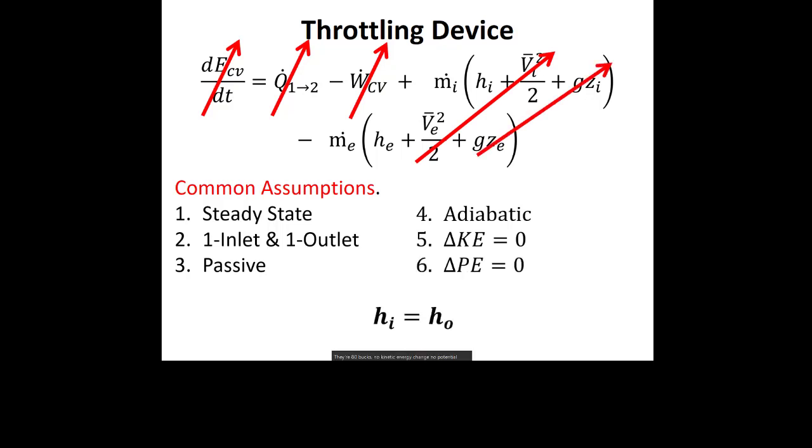And what this means, because there's one inlet and one outlet and the mass flow rates are the same, it means that the inlet enthalpy is equal to the outlet enthalpy, even though the pressures have changed. So that's what happens in these throttling valves or throttling devices. The thing about these ones is that it's still important. Sometimes you see them as check valves in systems. They're just there to equalize the pressure.